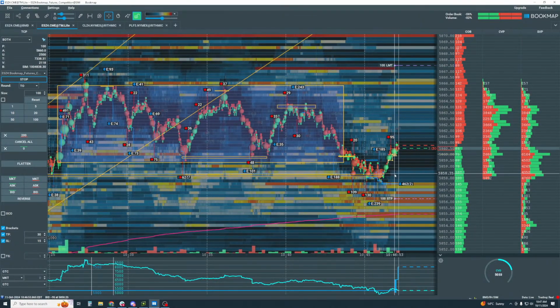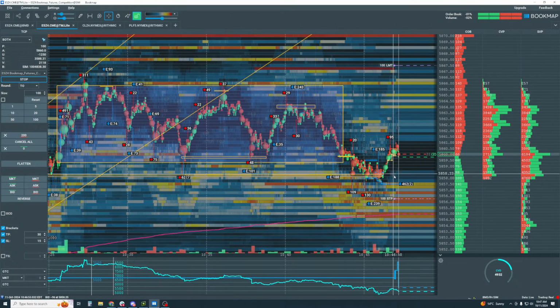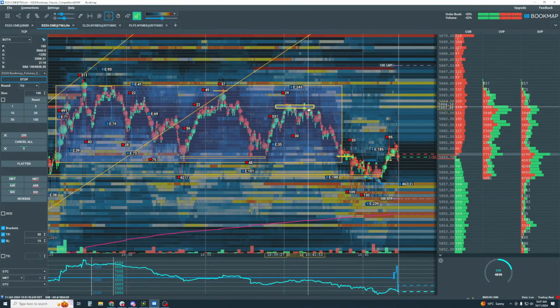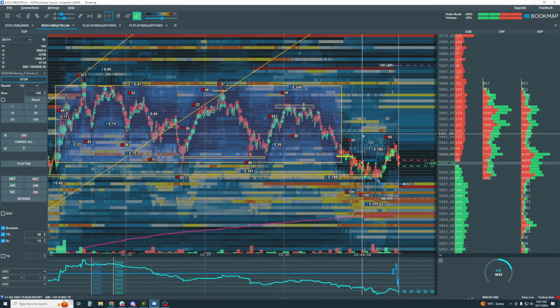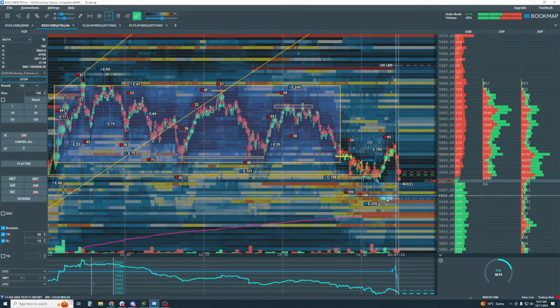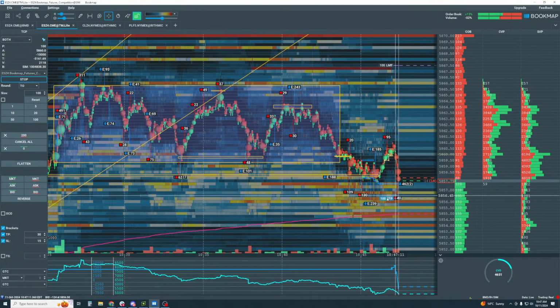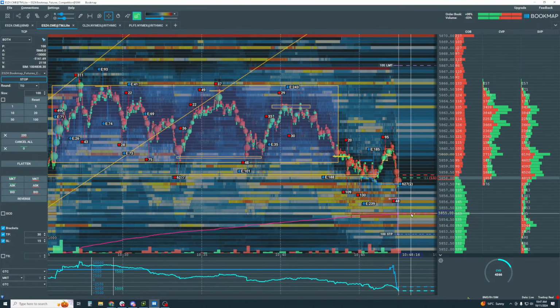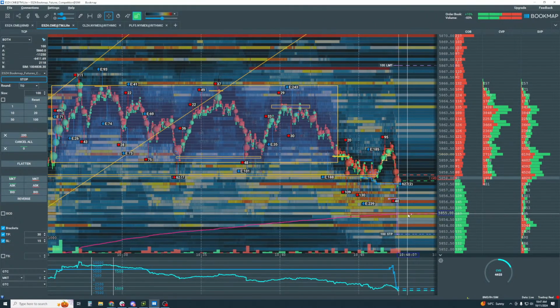All right, now we're looking for these buyers to try to take it higher. We're looking for them to come back up into these levels up in here. Let's put in a trend line as well. And here's my stop here. Actually, I don't like that. We're going to put it below the VWAP here. And we may consider even adding a little bit more down here as well.